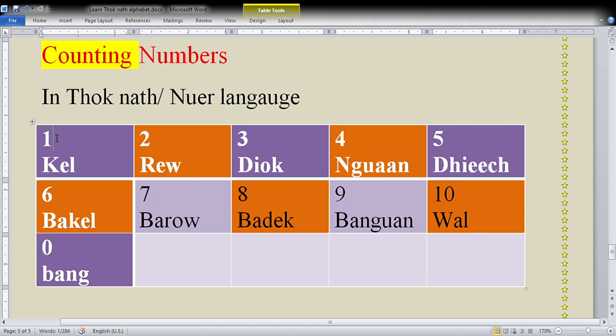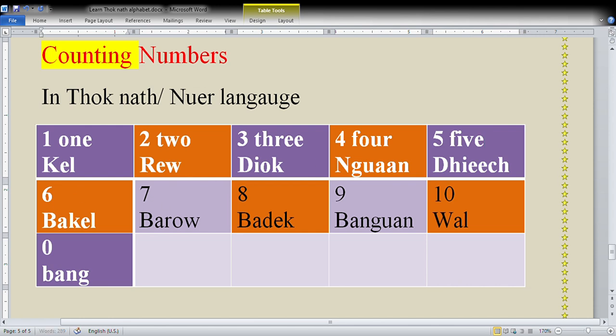Okay. Kel means one in English, and reu means two in English, and this is three. Okay. Four, this is five,